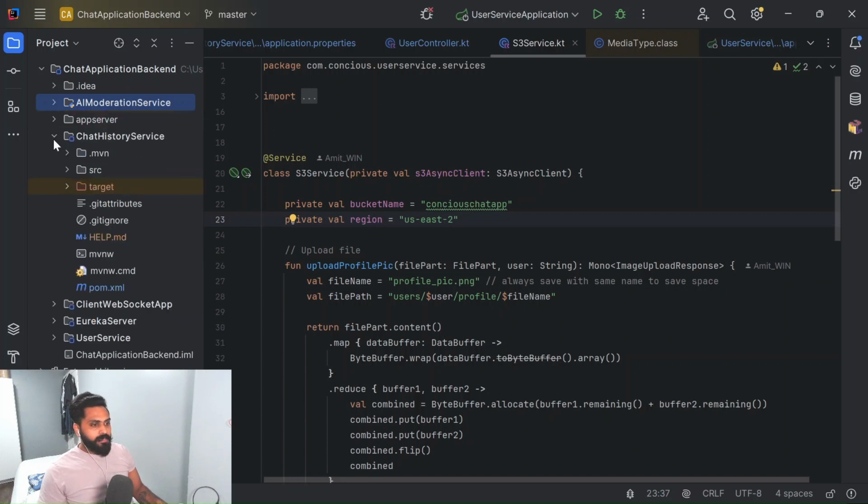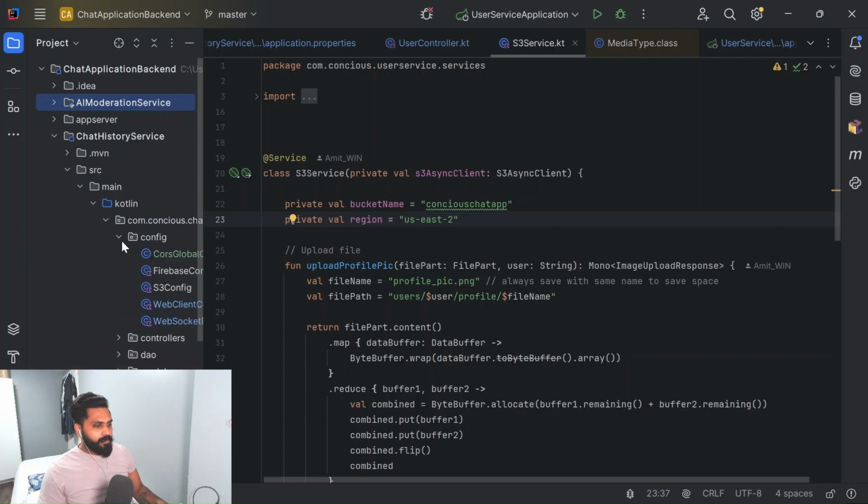Now, moving to the chat history service, this service is responsible for creating the WebSocket connection, sending chat messages, and retrieving chat from the database. You can see over here in the Kotlin config,